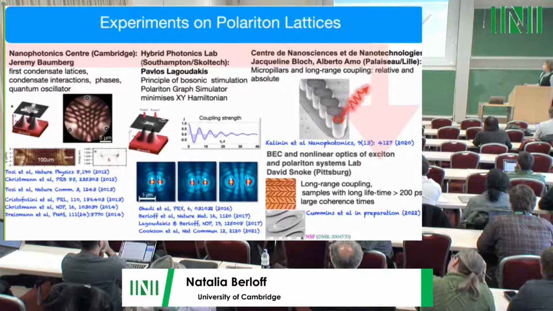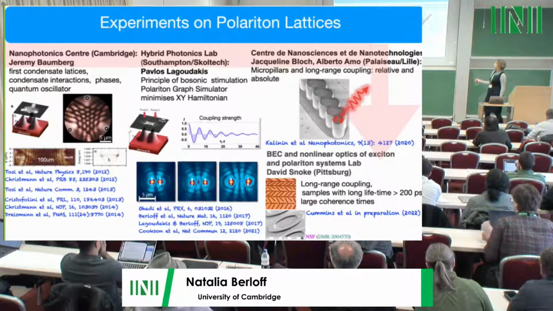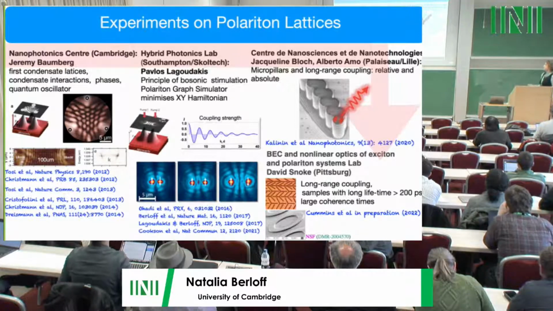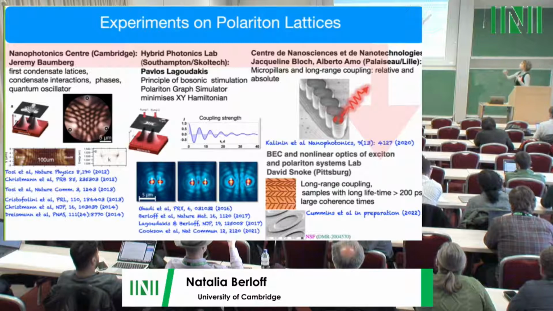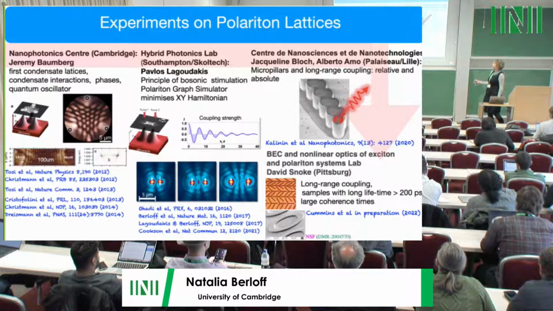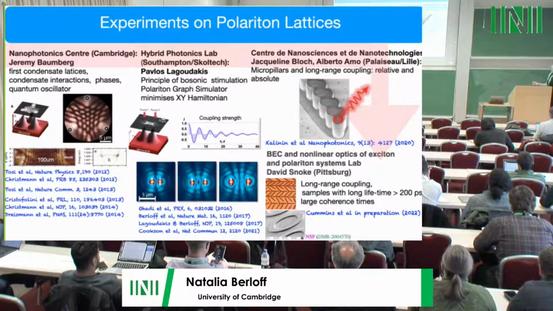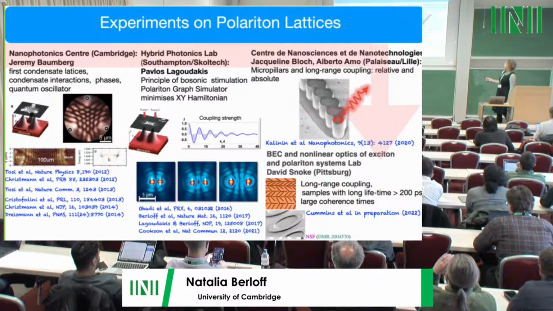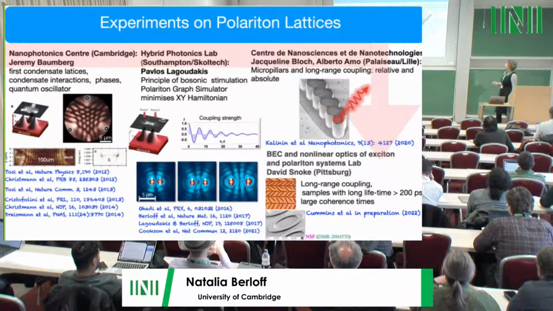With Pavlos Lagoudakis at Southampton, we looked more closely at how the system establishes this phase difference and showed that it depends on the distance between the condensates as well as the outflow wave number, the velocity with which the condensates flow from the position where they were created. And the coupling strength, therefore, can vary. It's kind of a Bessel function. It can take positive ferromagnetic and negative antiferromagnetic interactions, and you can change the strength between them.